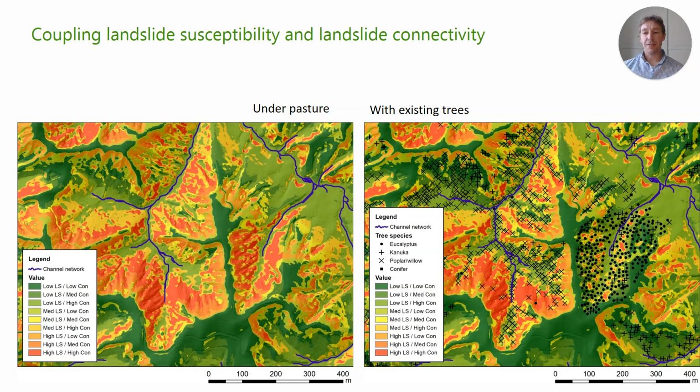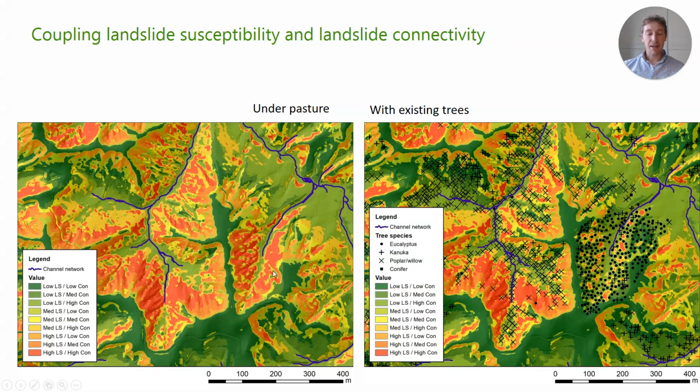So the coupling of landslide susceptibility and connectivity is achieved through the intersection of these three classes in each domain, the landslide susceptibility and the connectivity classes, and that results in 9 classes. And you can see it in the map. So we have in the legend here the dark green areas, they symbolize the low susceptibility and low connectivity class, all the way through to the red, which represents the highly susceptible and highly connected areas, shown in the red